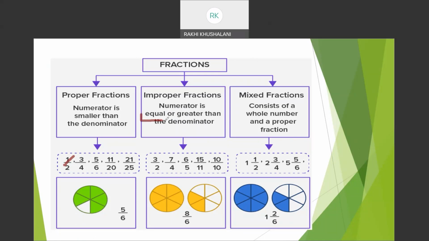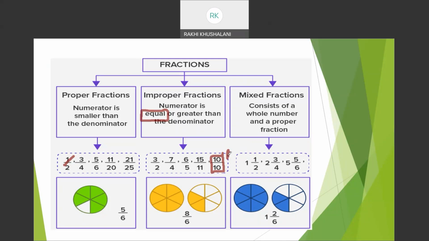Now, I'm bringing a little twist. I'm writing here my numerator is equal or greater than the denominator. Yes, 10 by 10 is an improper fraction. 10 by 10 means one whole. That means I have crossed the fraction. I have gone beyond the fraction. So it is definitely not a fraction: not unit, not like, not unlike, not proper fraction, because it is not a fraction anymore. It's a whole number. So the numerator is equal or greater than the denominator. The examples are given here.